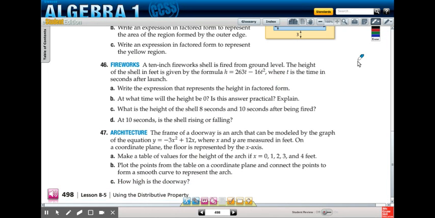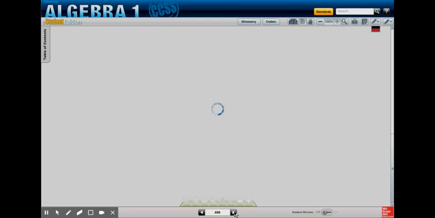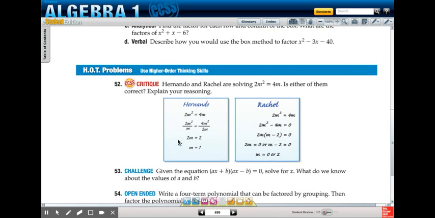I think I helped you way too much on that one. Oh, I've got to go to the next page. Where is